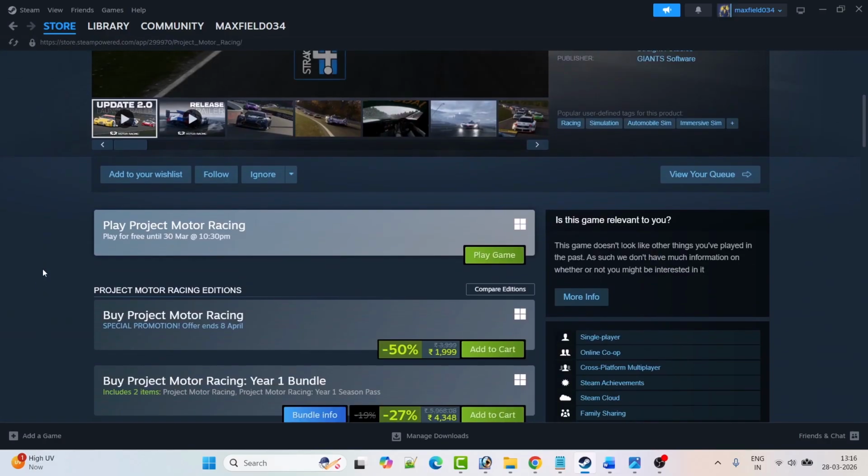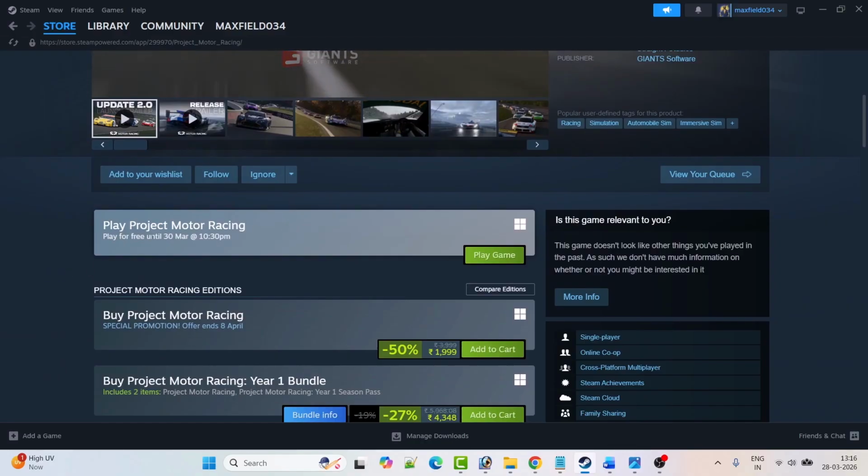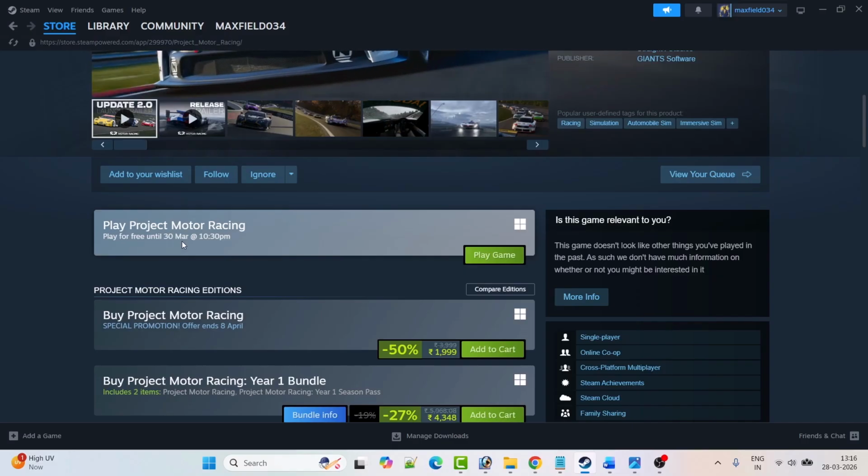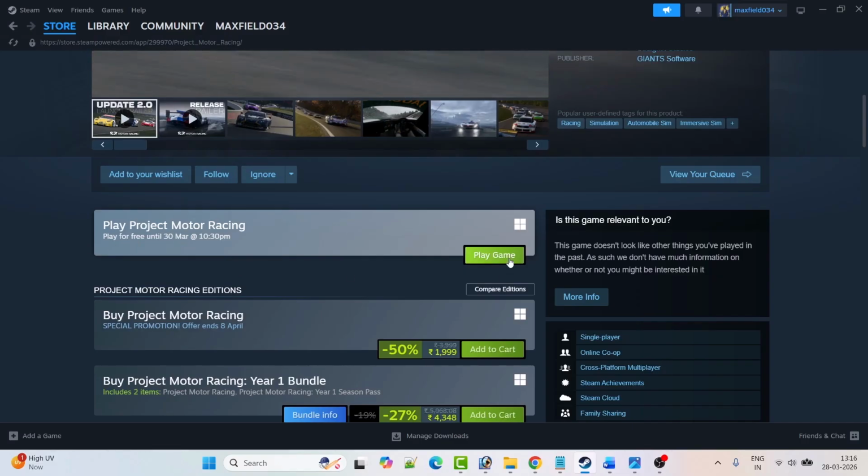Scroll down, and here you will see Play Project Motor Racing, play for free until 30th March. So currently this game is free and it is free to keep and it is free until 30 March 2026. So click on play game